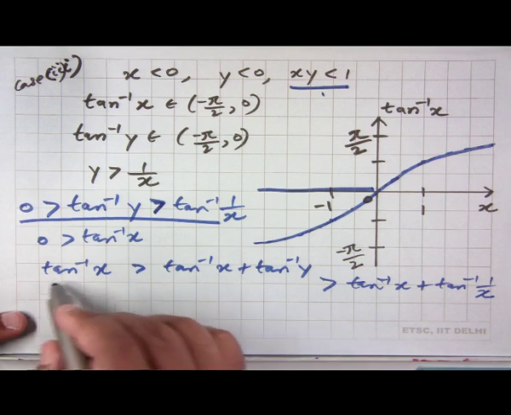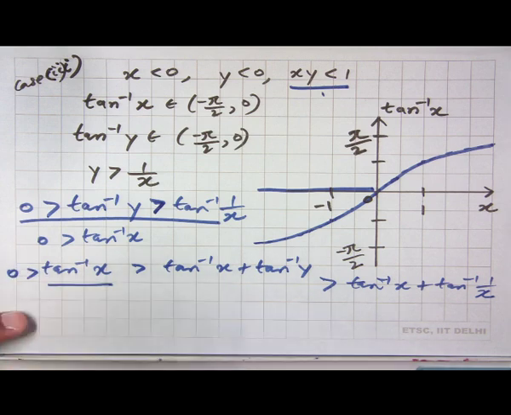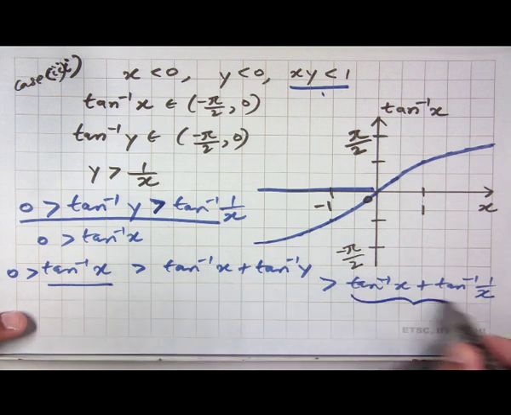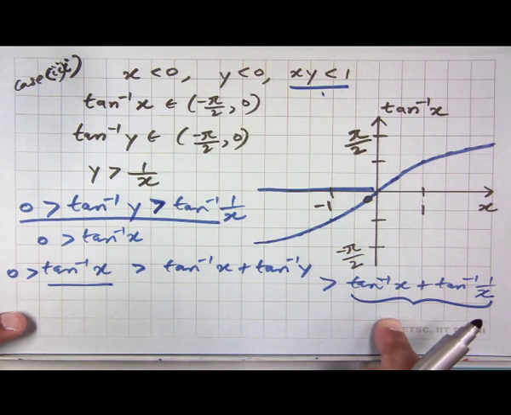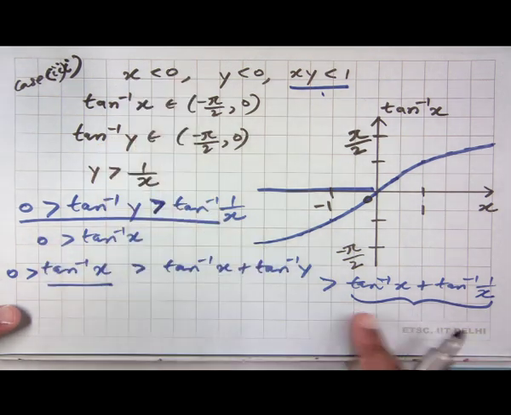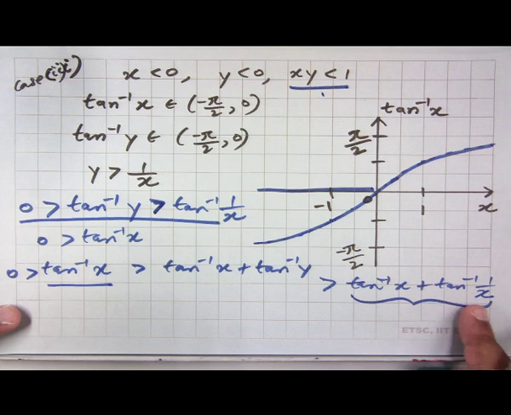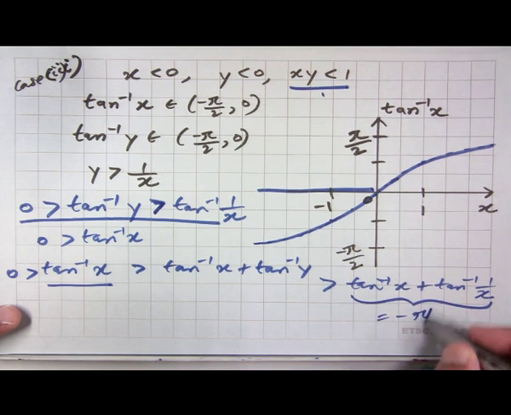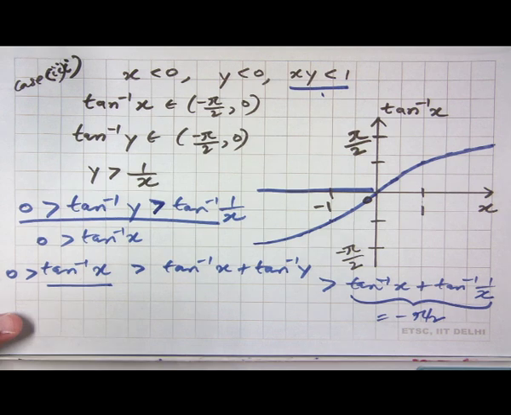And this tan inverse x is obviously negative. Now on the previous slide we saw that for all x negative, tan inverse x plus tan inverse 1 over x is equal to minus pi by 2. And therefore, it follows that